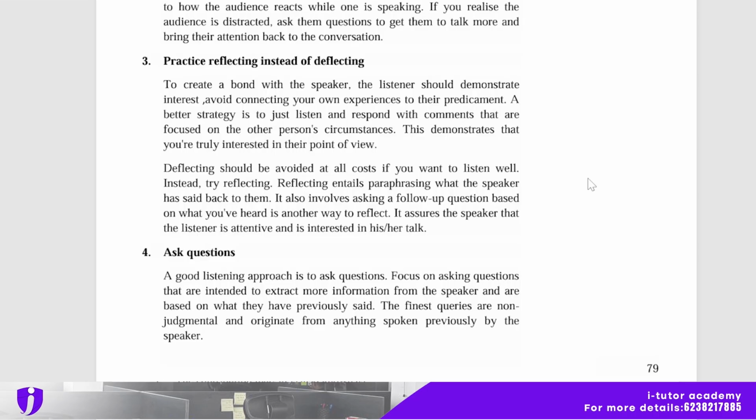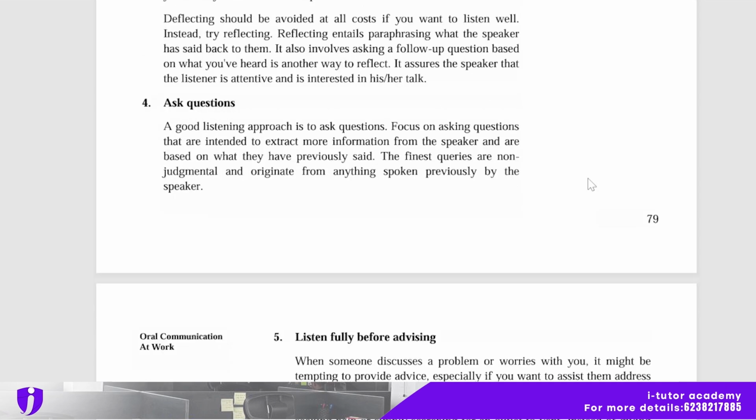Deflecting should be avoided at all costs if you want to listen well, and instead try reflecting. Reflecting entails paraphrasing what the speaker has said back to them. It also involves asking a follow-up question based on what you have heard. Ask questions. A good listening approach is to ask questions. Focus on asking questions that are intended to extract more information from the speaker and are based on what they